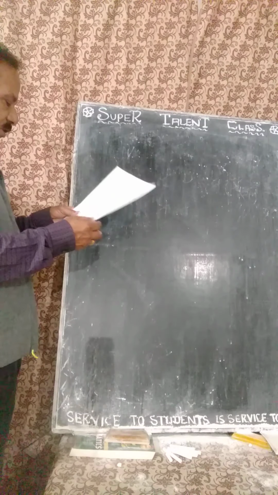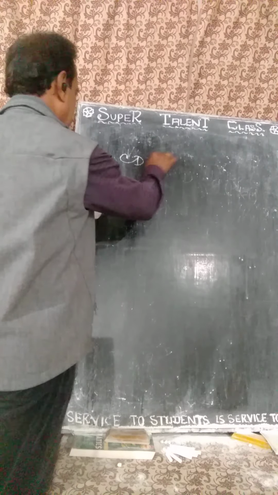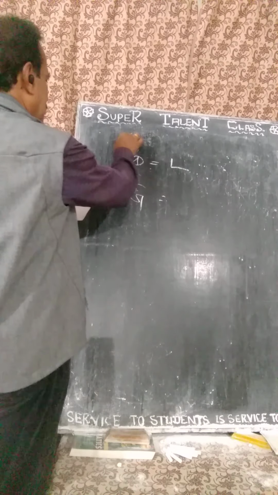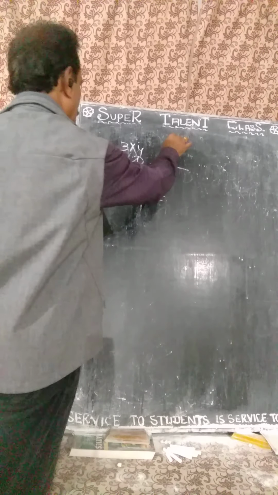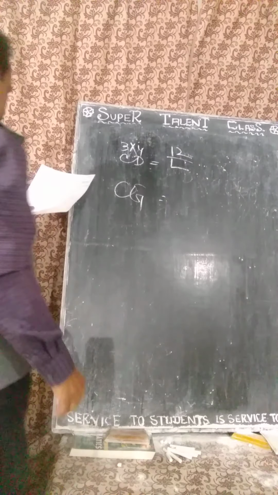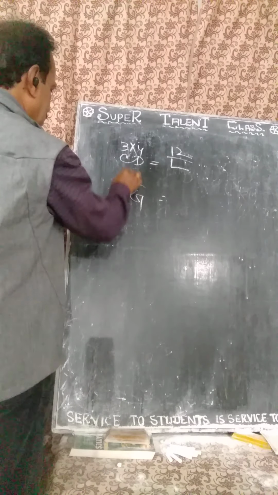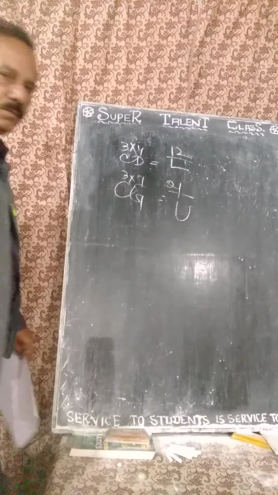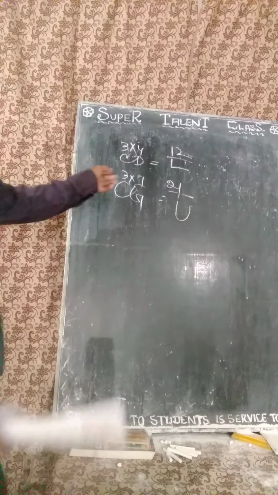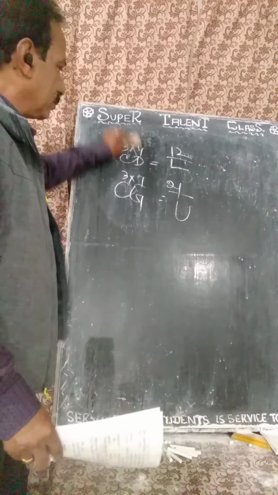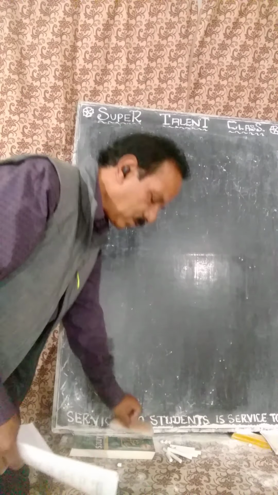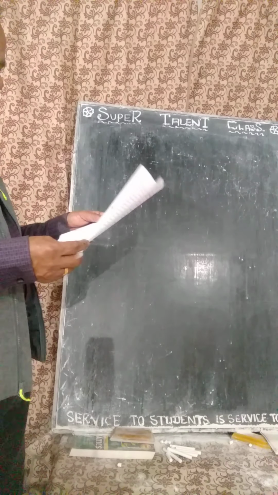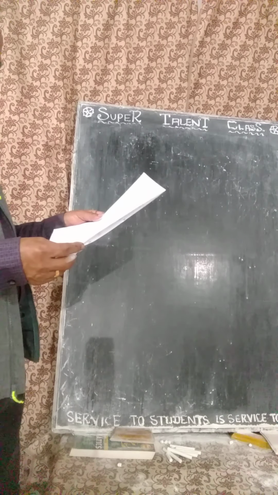Don't take it lightly. Suppose CD, example here. L, CD, dash. CD is 3, 4. 3 into 4 is 12. L is 12, right? Like this, the logic is 3 into 7, 21. What is the number 21? U. So you should be very expert on this. Otherwise it will take time. If you write and go through each letter's number, it will take time. So you should be very serious about this. Otherwise, you cannot attempt it.